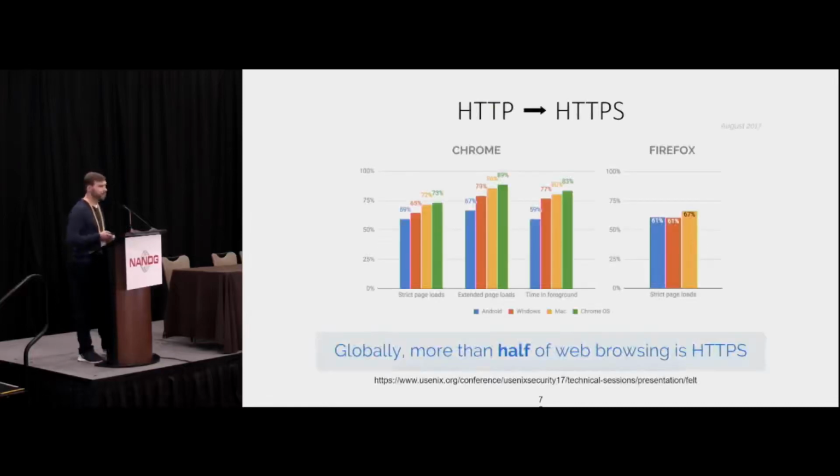So in the last few years, there's been quite a dramatic shift from HTTP to HTTPS, with the majority of the web now being encrypted. These metrics are a little bit old, from August 2017, so I'm sure it's even more now. But this has been a pretty rapid change. Certainly the Snowden leaks accelerated this, at least that's my perception of the process, but it was already undergoing prior to that time frame.